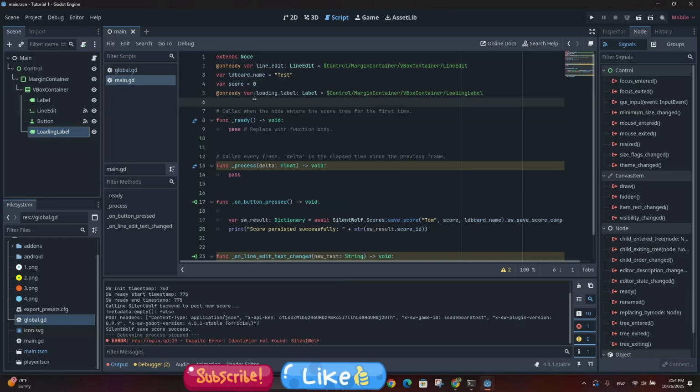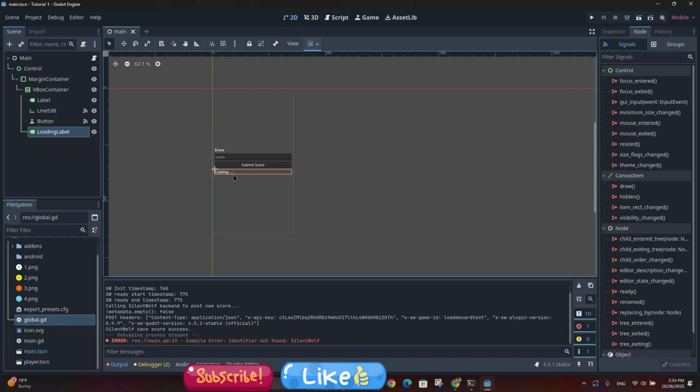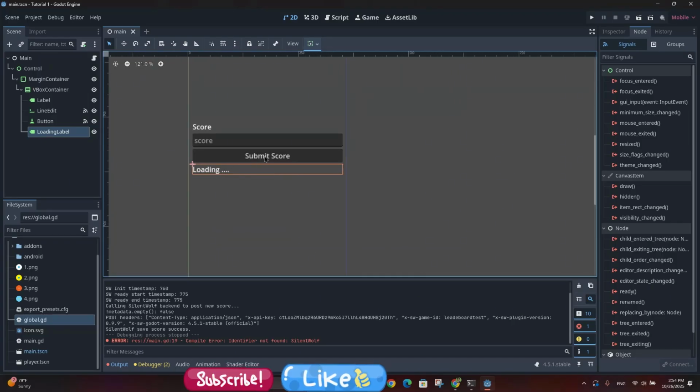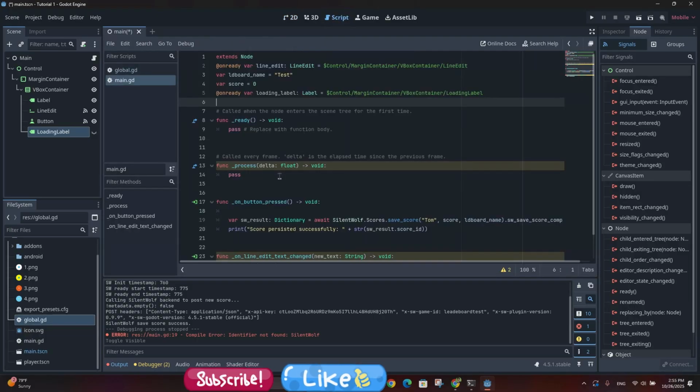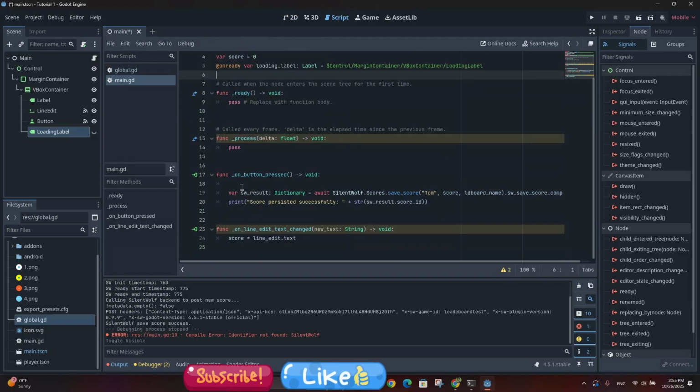Okay, save it. And first of all, let me click on the 2D, so it just shows up. Yeah, so it should show up when we submit the score, not always. So let me just hide it. Okay, great. Let's get back to script, and when we just click on the submit, the loading level should be